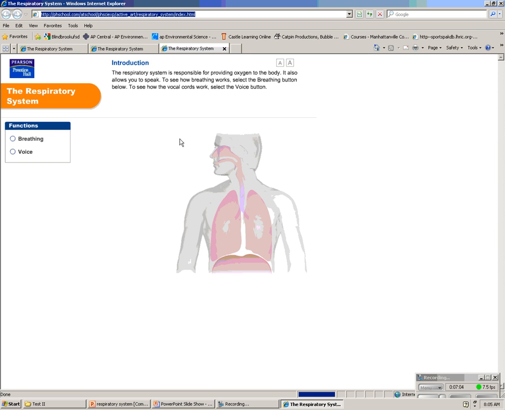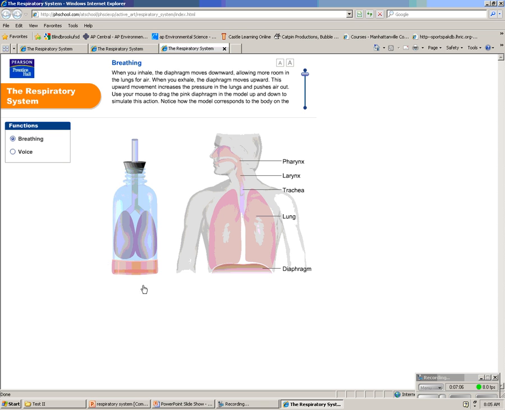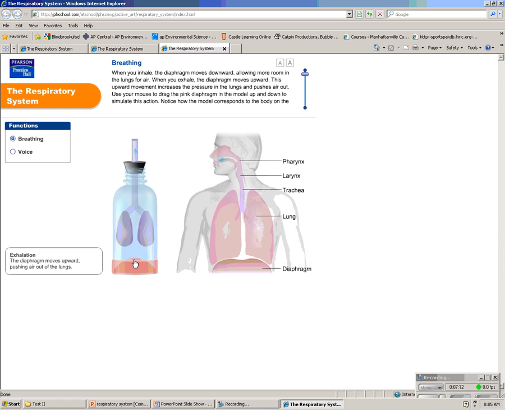And if we look at how this works, we can see this bell jar here represents the same pressure cavity that we would have when we move the diaphragm up. It's relaxing, so it moves upward and pushes air out of the lungs. When it contracts and comes down, the lungs can fill because the air pressure has changed. There's more pressure outside than inside, so the air rushes in. And then the opposite happens when we exhale.